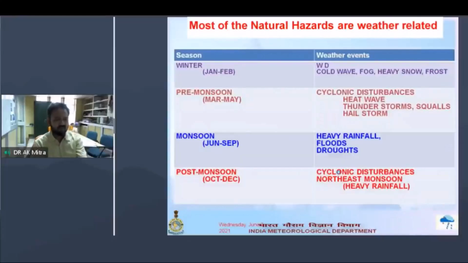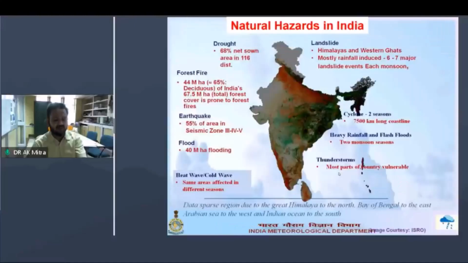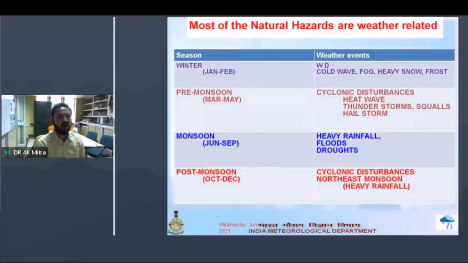most of the natural hazards are basically season dependent. If you can see in this particular slide, in the winter months, January and February, we have western disturbance, cold wave, fog, heavy snow, and frost, and